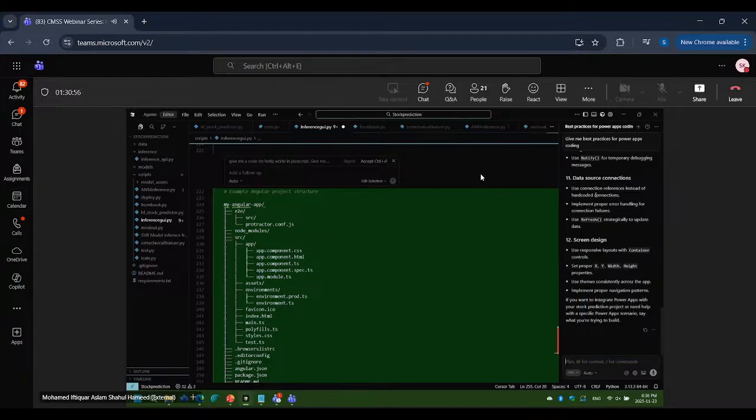This is mostly for developers; they will understand. Normally we raise a pull request and assign it to our peer reviewer. Somebody reviews it and says, okay, you have to change this, or it's all good. Now you just have to do the check-in, and GitHub Copilot does everything for us.